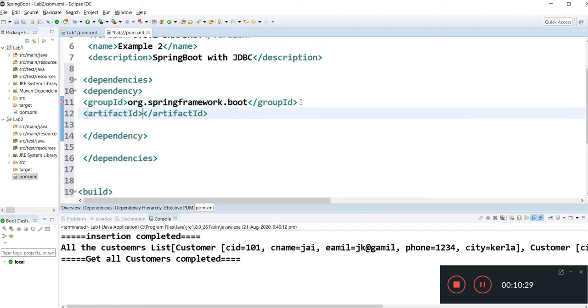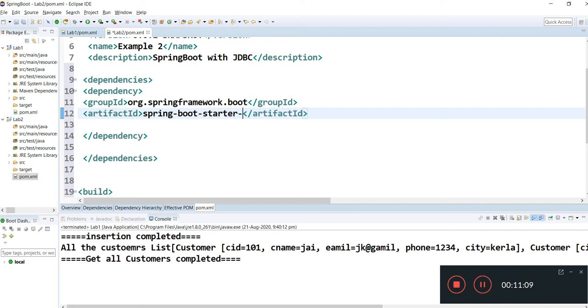Then inside artifact id we need to mention spring-boot-starter. Not maven, we already mentioned that, so we need to write spring-boot-starter.